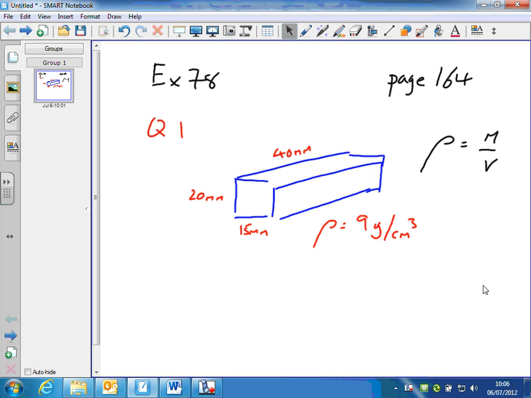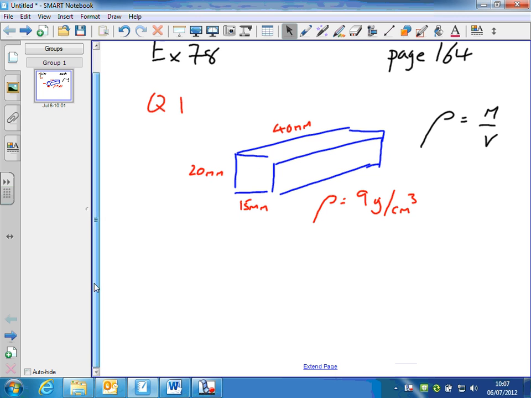Exercise 78, question 1. So I've drawn out the problem, a rectangular block, and I've drawn the dimensions on: 40 millimeters by 20 by 15. You've got to find the capacity of the block, or the volume of the block, and then its mass. So actually, if we think about the mass first of all, that will help us for the first bit,